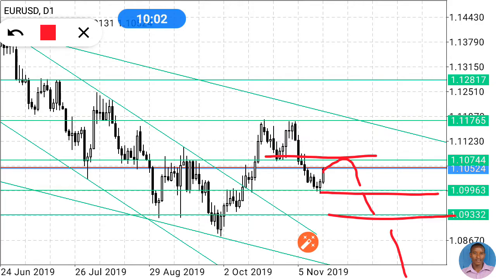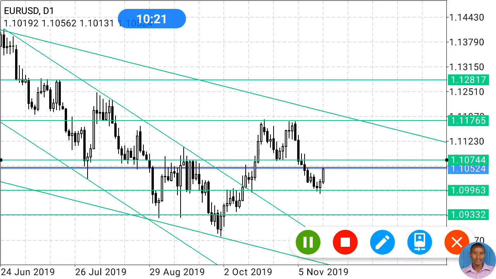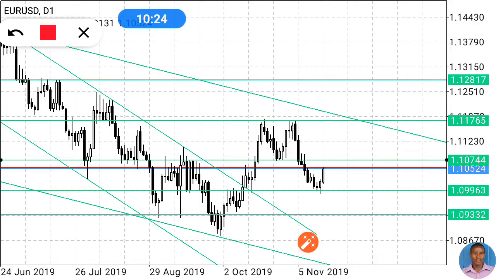And so you need to put in mind that these breakouts and price retesting give you a signal of which direction the price is going. And at this moment, I cannot really tell that the price will break this horizontal line. But that's where we are going. So the price would need to go and respect this area. If it respects, maybe we go back to this horizontal line, or if we close above it, we retest, then